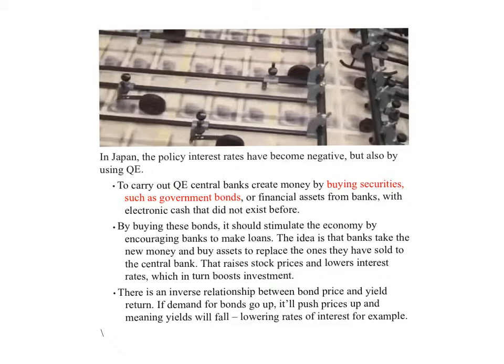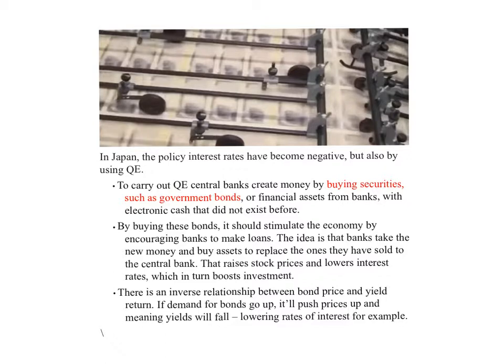Now, how have they tried to come out of this? They're still trying. They're still putting in lots of different policies to help with this, and they've still got the inflation target of 2%. So in Japan, they've carried out a policy of reducing interest rates so much that they've become negative, and they've been using quite a controversial method called quantitative easing.